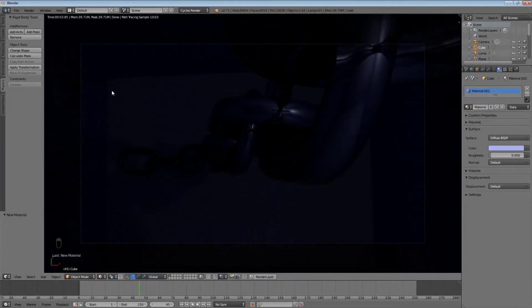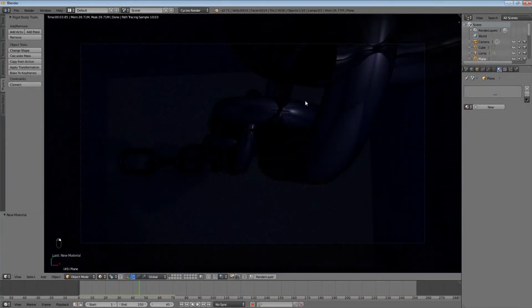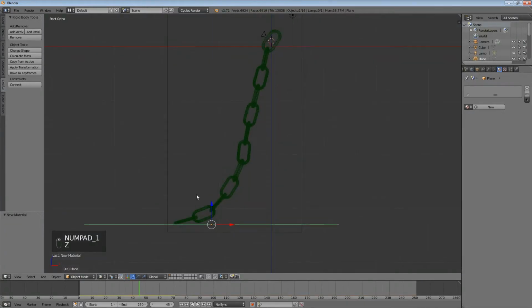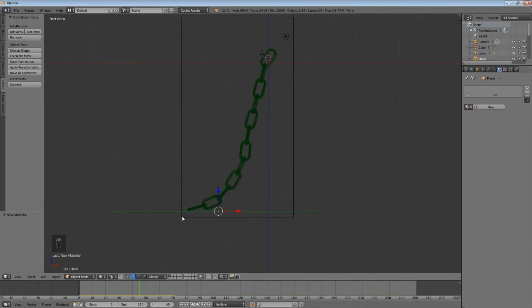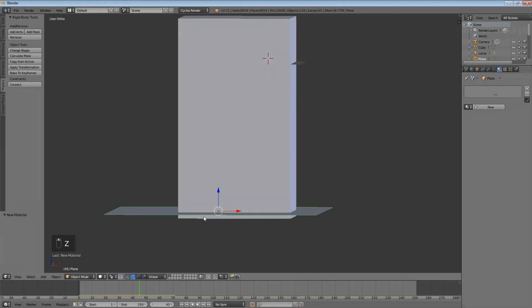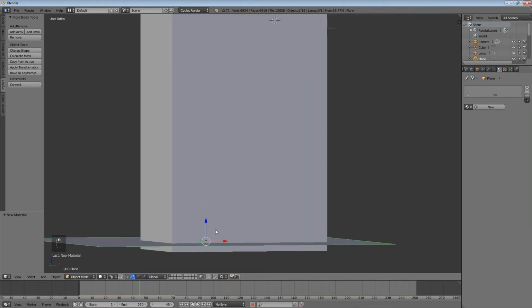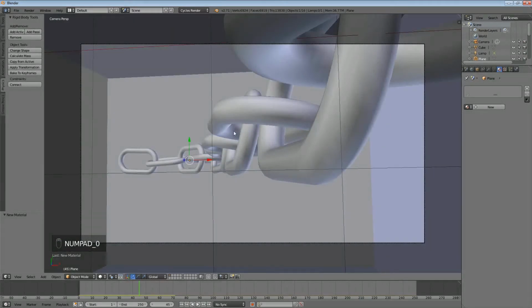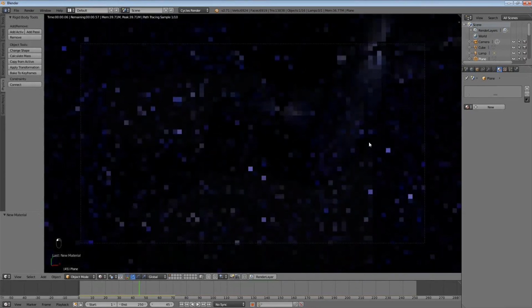Next, I'm going to select the floor, which is what we use to collide it. And if you're in wireframe mode, make sure that this cube goes below that plane we used to collide. Even if you're not in wireframe mode and you're in solid, just make sure that this is above that, or else this won't even work for that. Your chain will go underneath the floor that we're looking at, which won't look good at all. So I'm going to go back in here and hit new,